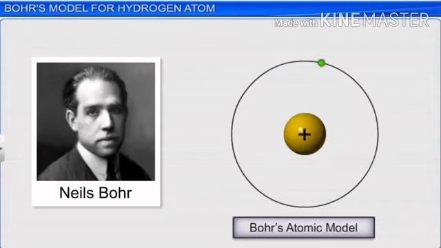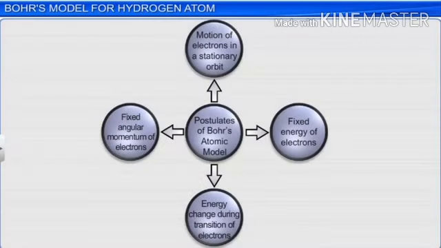So Niels Bohr has given a satisfactory explanation for the atomic structure of hydrogen as well as its spectrum. Let us study what the main postulates are. What are the main postulates given by Niels Bohr about the atomic structure of the hydrogen atom? What all things did Niels Bohr consider for proposing the atomic model of the hydrogen atom? The postulates of the Bohr atomic model mainly include